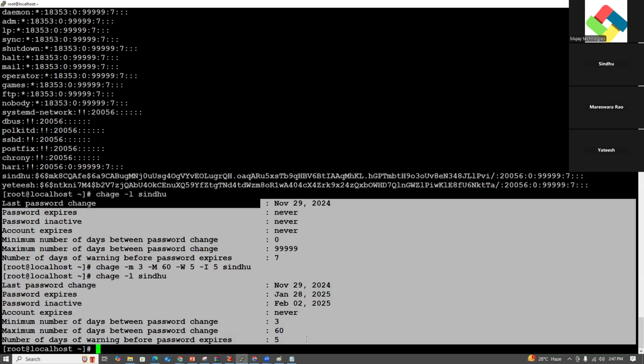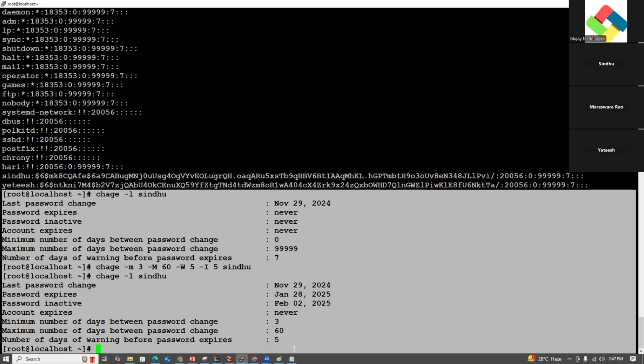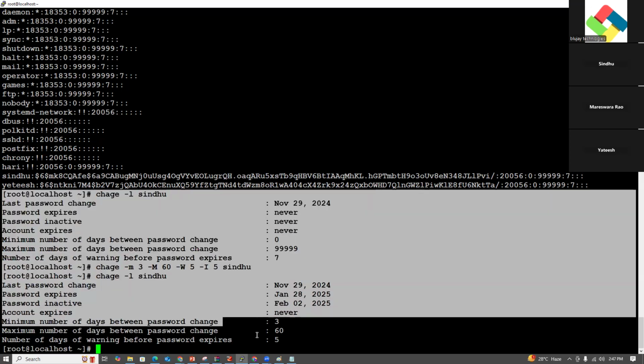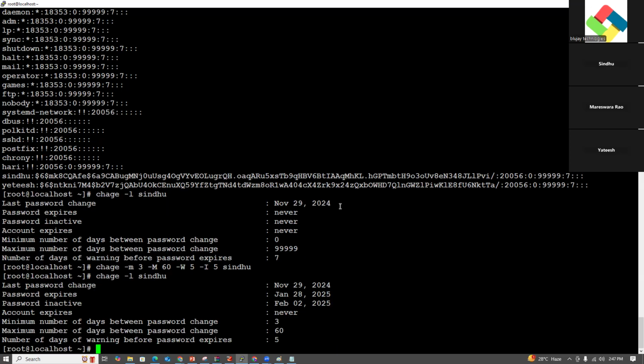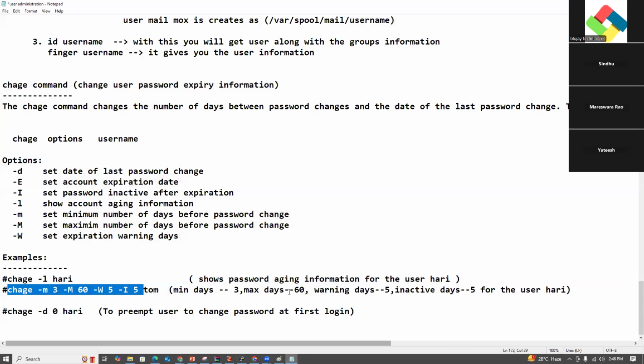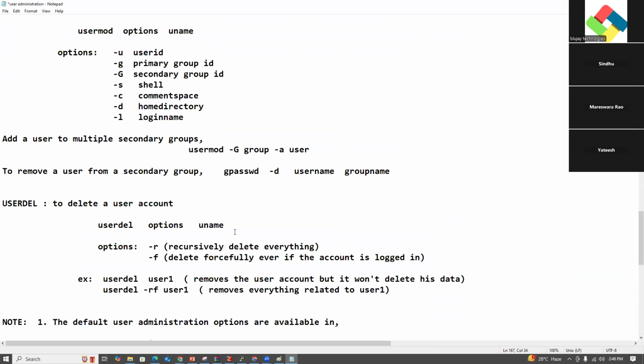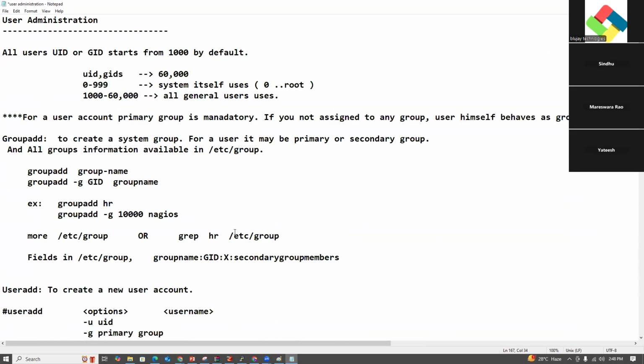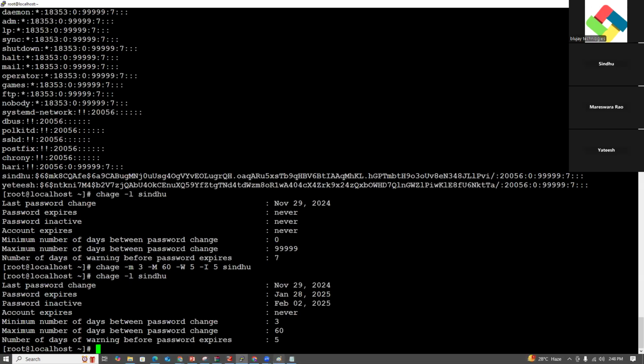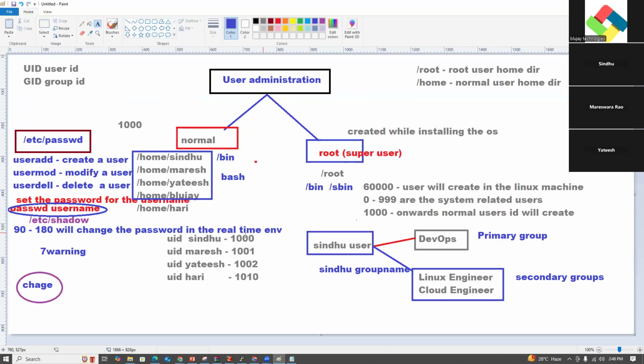Okay. So if you want to change the user information, you can change it by using this. Guys, understood? Yes, sir. This is nothing but user administration. Very easy, guys.